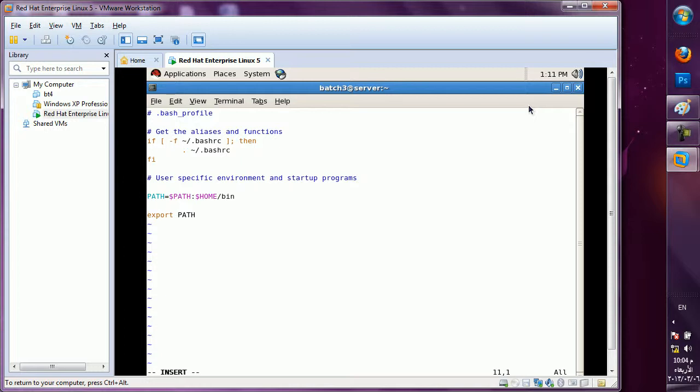The existing line, PATH=$PATH:$HOME/bin, is the existing path of your software, where your software is. But the lines which I want are not there, so I have to type them there. First I have to explain where my Oracle commands are kept; that path I have to explain.